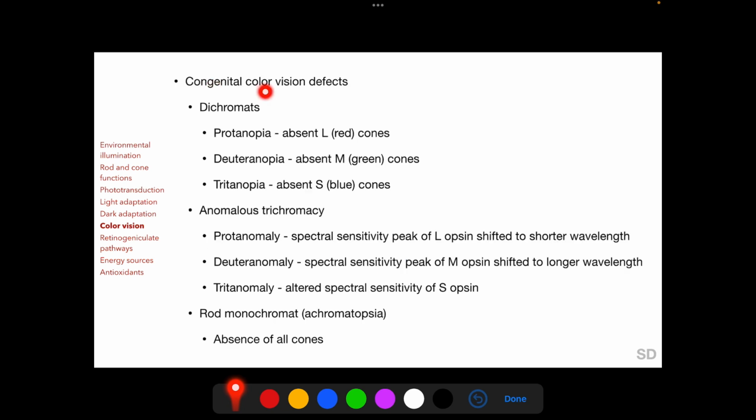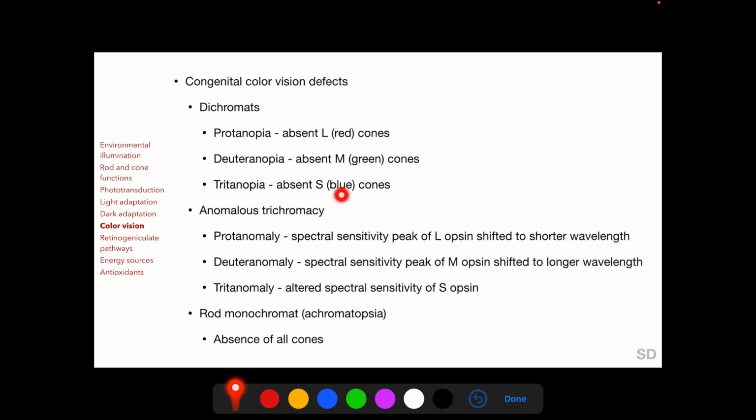Congenital color vision deficiencies can be classified as dichromats who do not perceive one primary color, anomalous trichromats who have abnormality in perceiving one primary color, and rod monochromats who have absence of all cones, and which is thus also called achromatopsia. Dichromats can be protanopes who have absent red cones, deuteranopes who have absent green cones, and tritanopes who